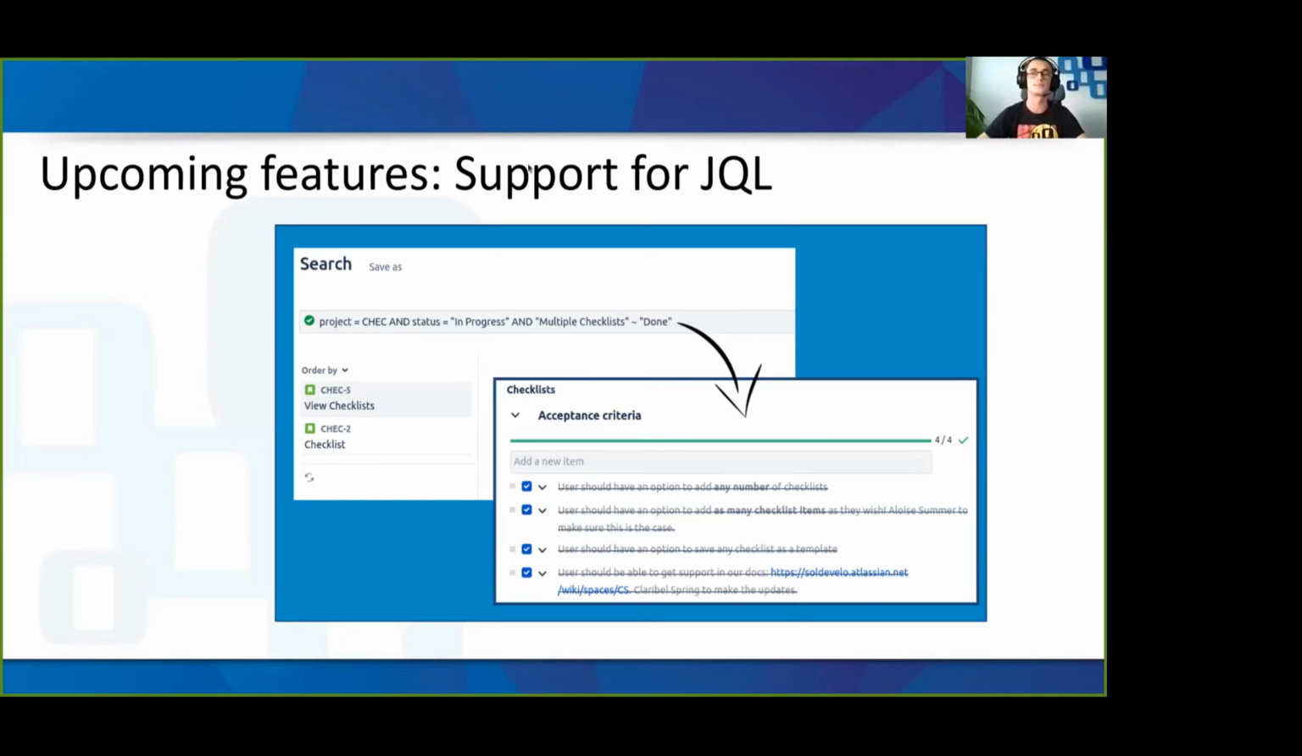And if you have any other ideas or something that you already wished for when you used our checklist to search for, then let us know. I'm very curious to hear about your experience with our checklists. And if you happen to have any situation that you find yourself looking for a checklist through JQL, or wishing to look for a checklist with JQL,